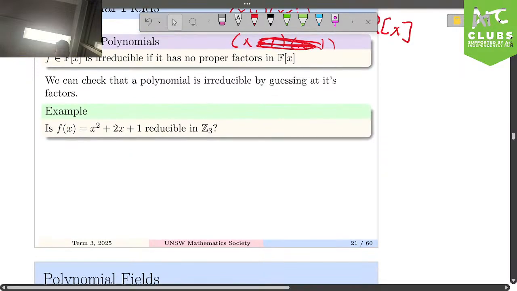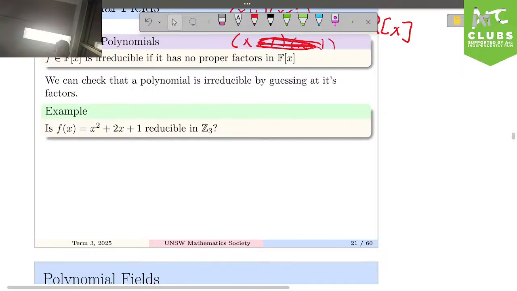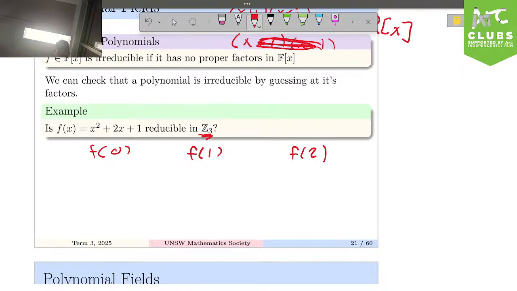It kind of looks like this, x squared plus 1, if you haven't introduced complex numbers yet. So we want to figure out, is this polynomial reducible? Can we reduce it? Can we find factors? Well, the easiest thing to do is to look at Z3. With finite fields, there are only so many scalars that we have, so we can just test them all. If we could test every real number, then we could find the roots. Here we're just going to do f of 0, f of 1, and f of 2.